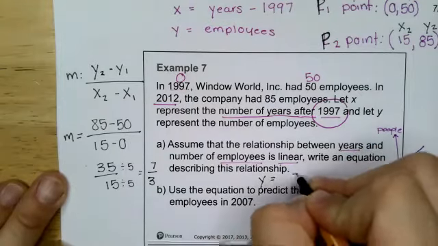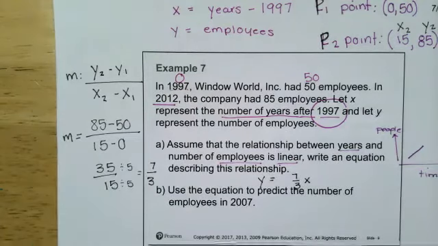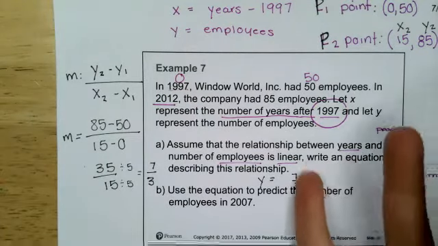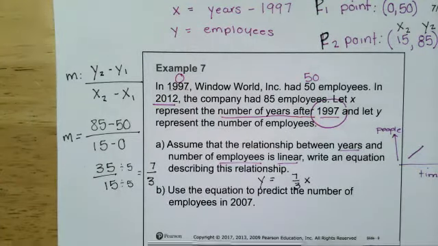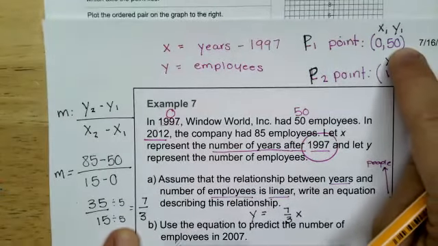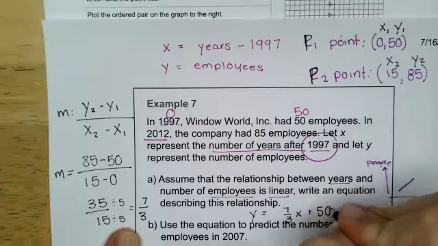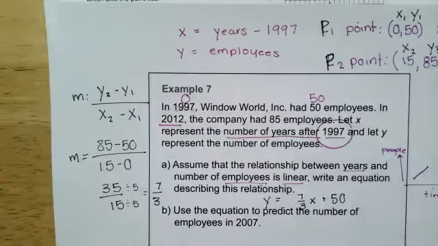y equals 7/3 x, right? But we don't know what our y-intercept is. So I have the slope and I have 1 point. Oh, we do know what our y-intercept is. We have a point and it's the y-intercept. So you could just say plus 50. Or you can say that the point,